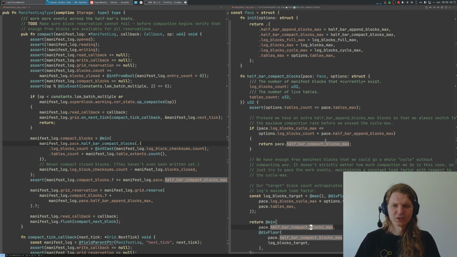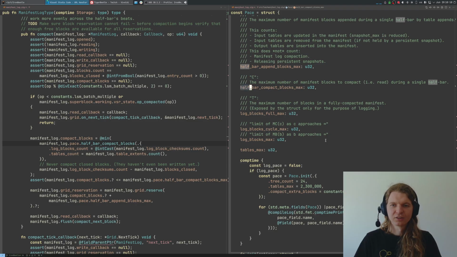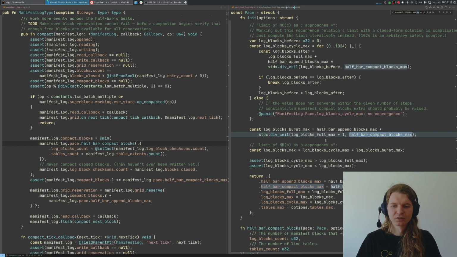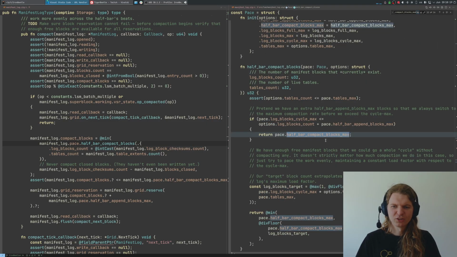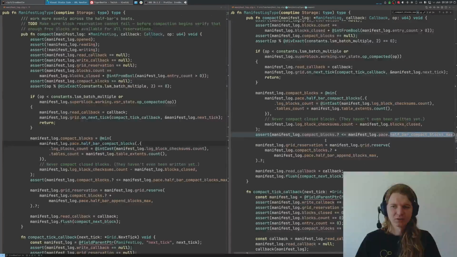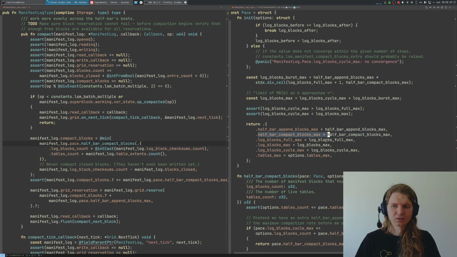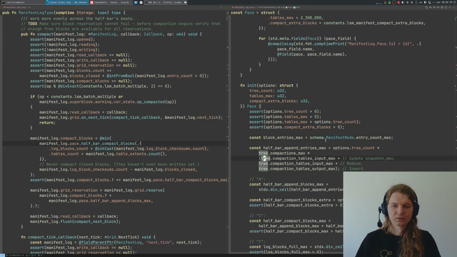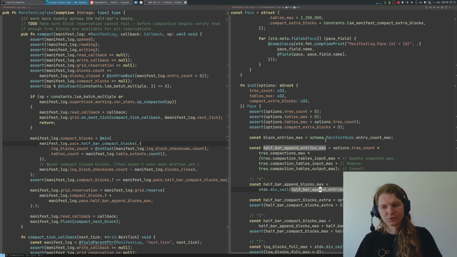And there is actually some pretty interesting math somewhere here. I wonder where it is. Oh, maybe it's actually not in this. It should be there. Okay, how do we set this? Okay, yeah,